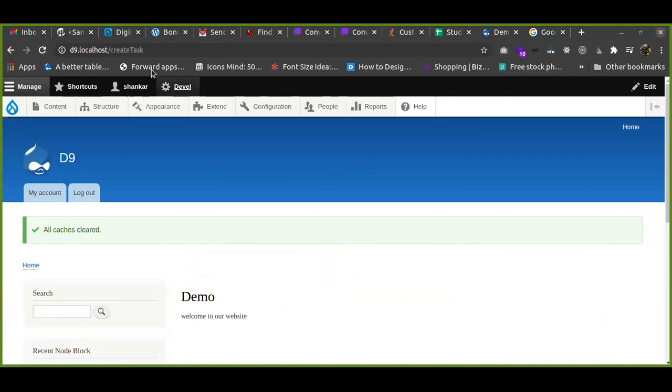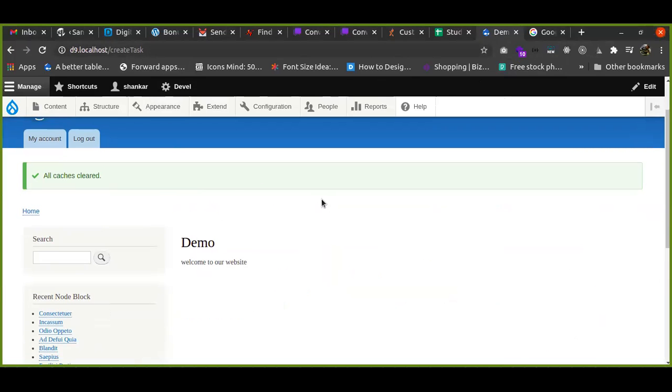So this is the route I created yesterday, and once the user hits this URL, they will land on this route page. Basically, this route comes with our custom code. This is the demo page title. This is the markup we have written in the coding part.